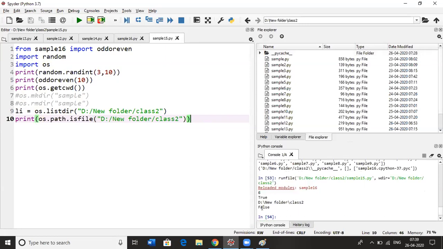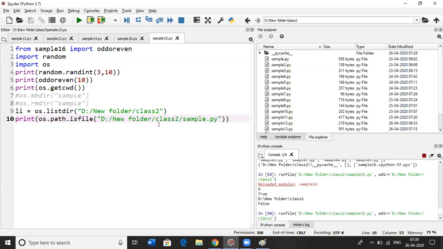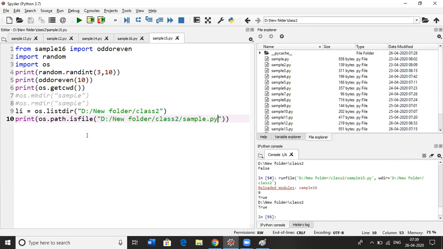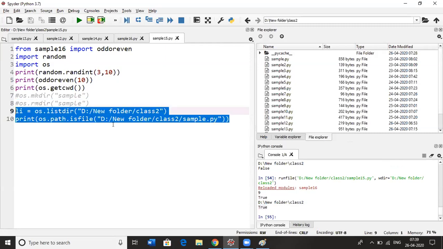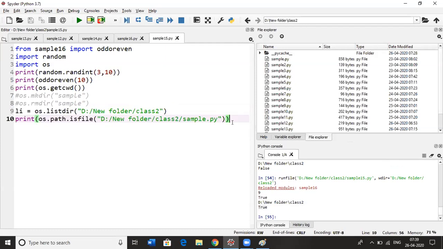So this is false because this path is a folder. If I give slash sample.py, it will give you true because that is a file, so it is giving me true. Using this, we can count the folders and files inside the given folder.